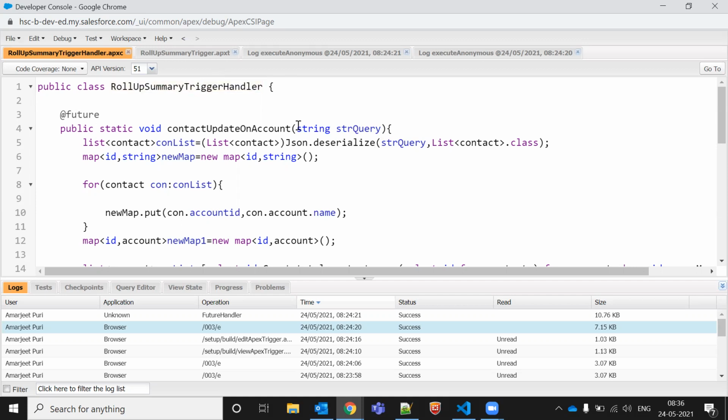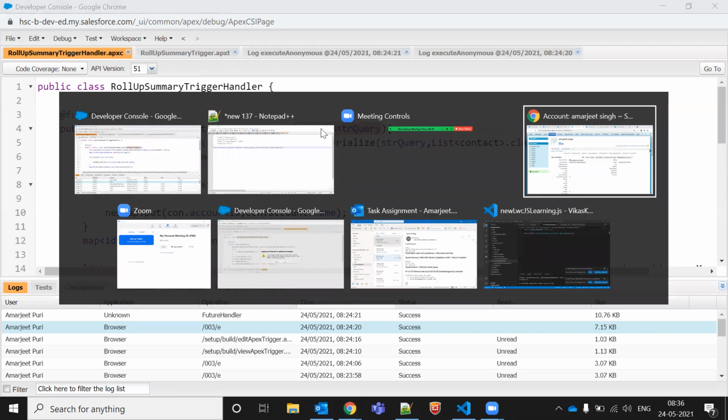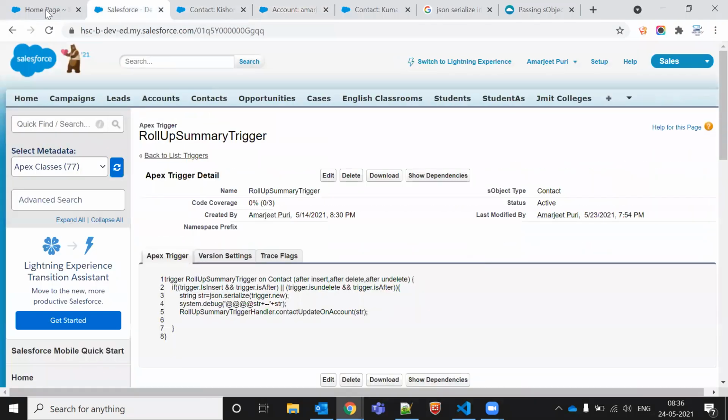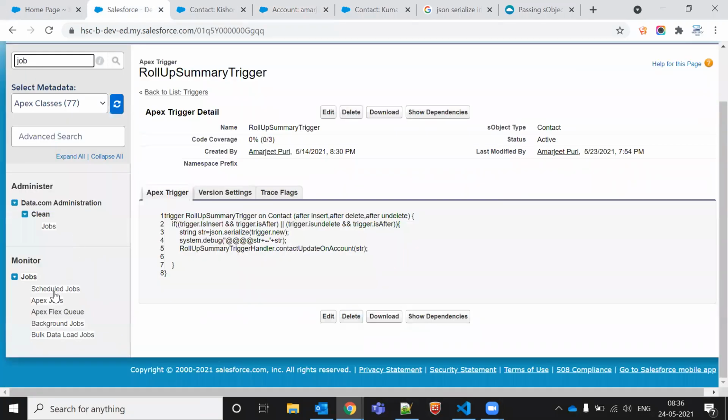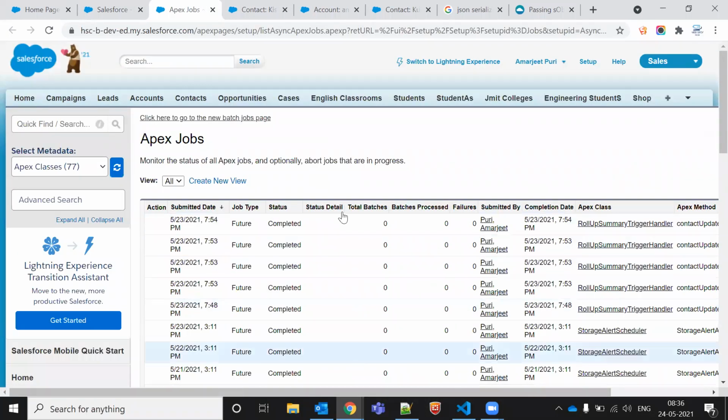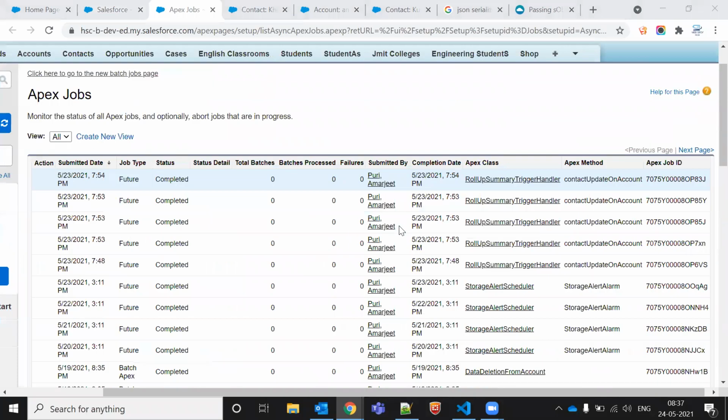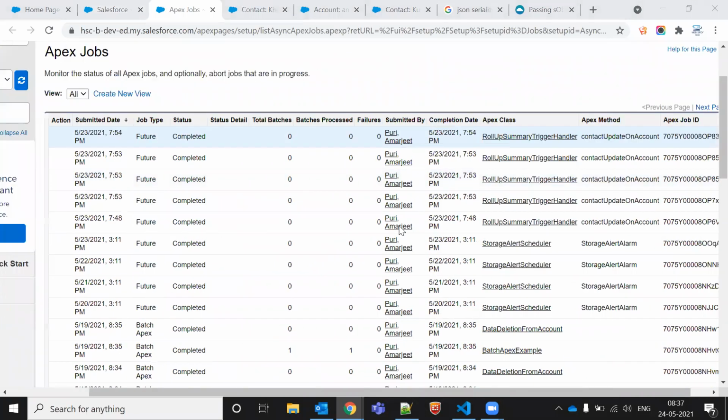We can track where it is, what the execution process is now, whether it failed or passed. How can we track the job ID? We'll go there and write the job here. Let's go to Apex Jobs. So we can track the job ID here in case of your queueable class.